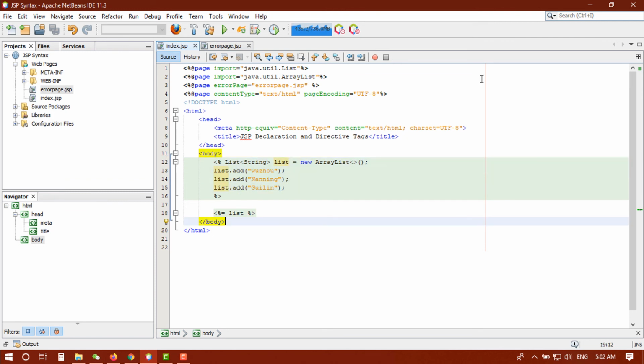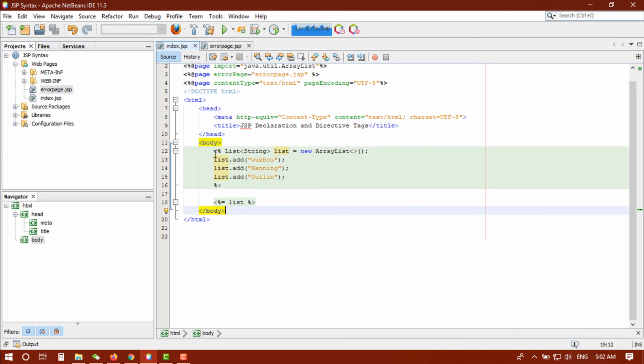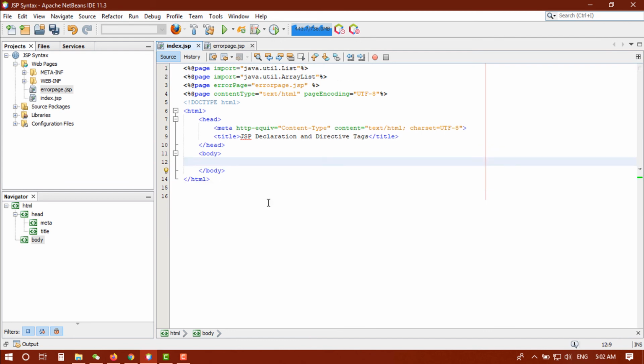That is all about this page tag. There are many more page tags. I will give some description about those in the description box, you can check those out. And now let's see about